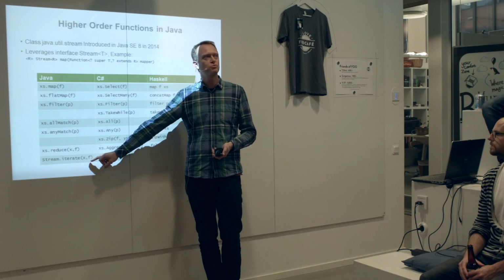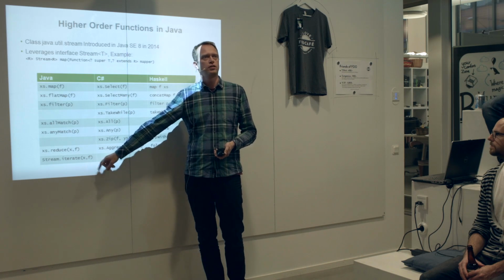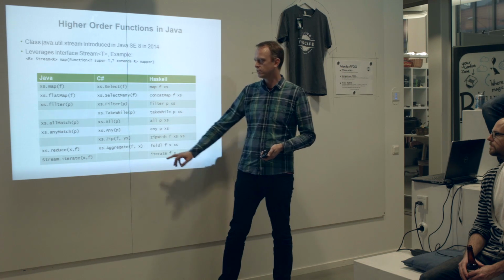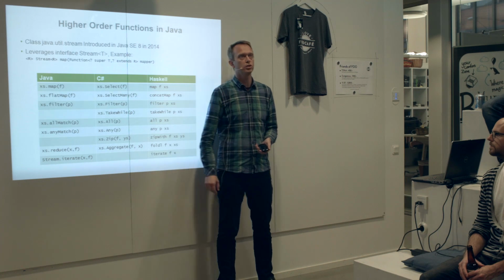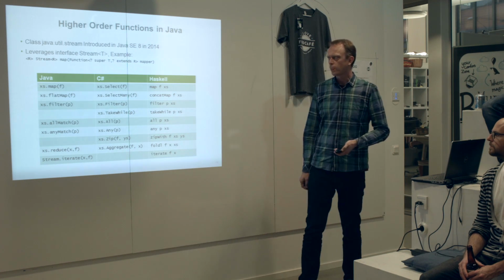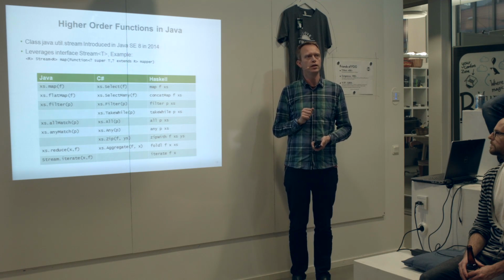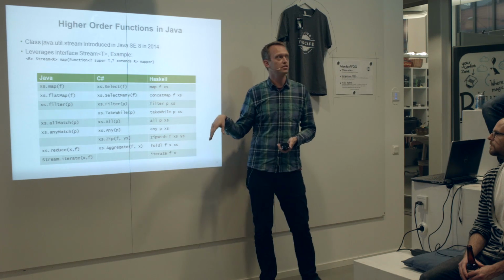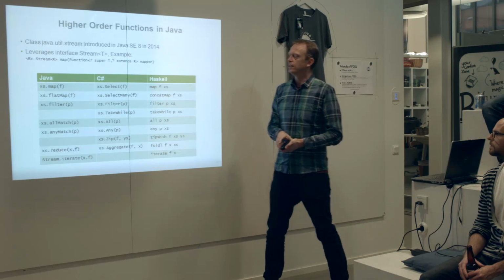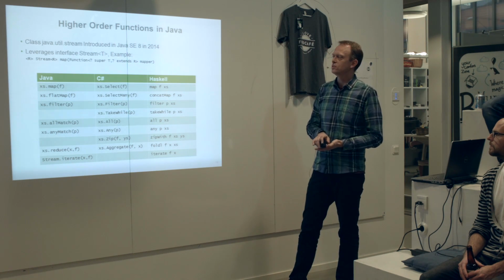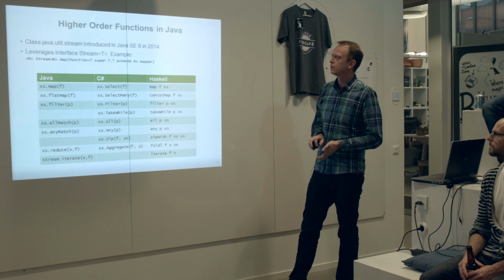And Java also has this iterate function. Again, I'll talk a lot more about that, but that's not present in C# out of the box. I know there are some other libraries available for Java as well, something called Functional Java, that I think probably captures more of this. I've never looked at that, but that could be of interest if someone wants to look more at Java there. So,